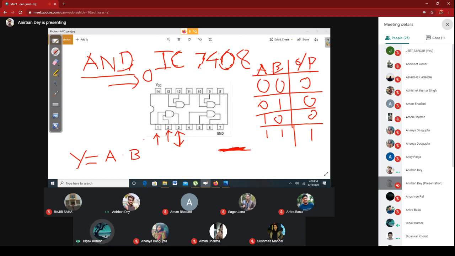Sir, inside the IC, how is the output calculated? Like if there is 0 and 1, how is it calculated? It is the AND IC, so what is the AND operation? AND operation means whenever both inputs are high, then the output is high. High means 1 here.